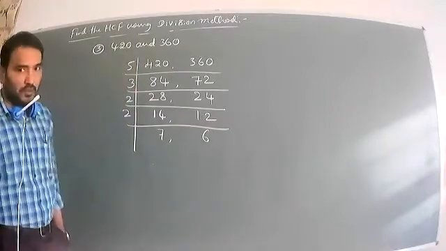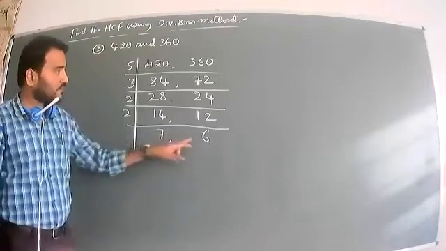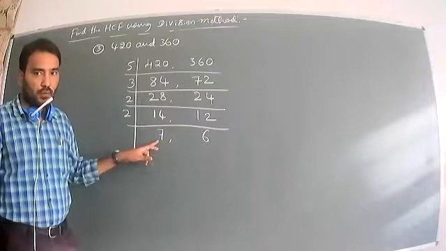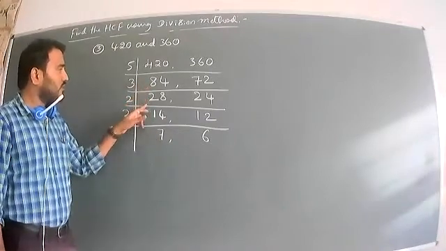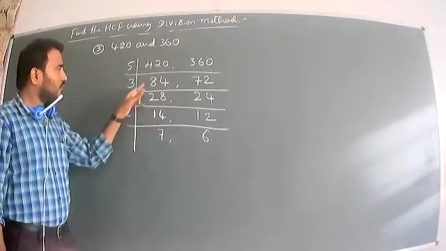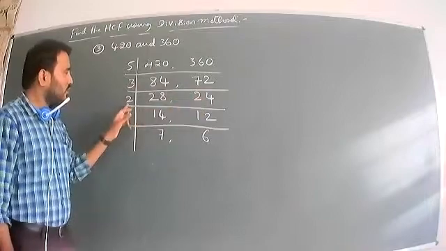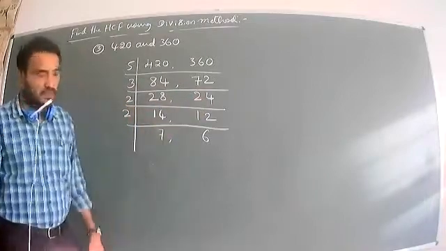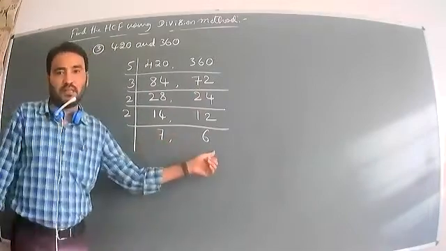Now we have to stop the prime factor division, because we have got the prime numbers. Okay, so now check once again. 84 and 28, 3 twos are 6, 3 eights are 24. 3 twos are 6, 3 fours are 12, 2 sevens are 14, 2 threes are 6. So it is over. 7 and 6 are co-prime numbers. We have to stop it because the numbers cannot be divided.